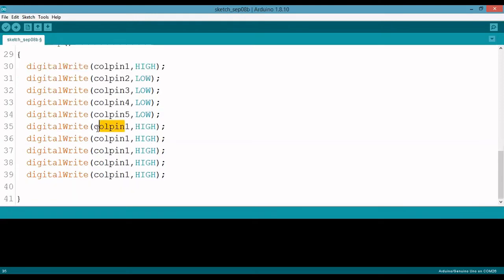Next one is row 1. Next row 2, row 3, row 4, row 5.